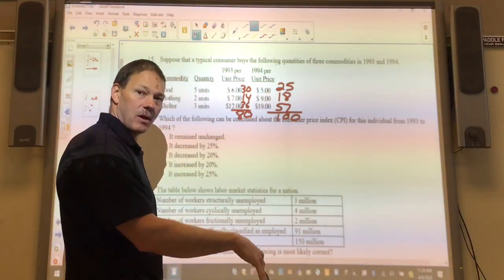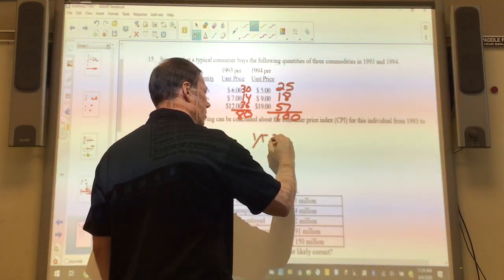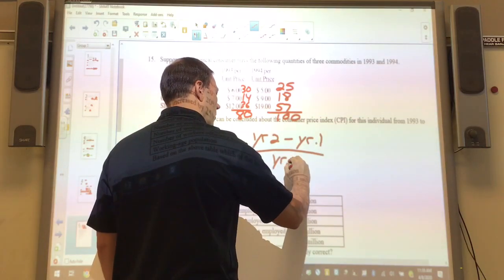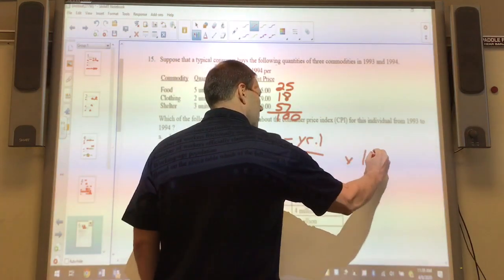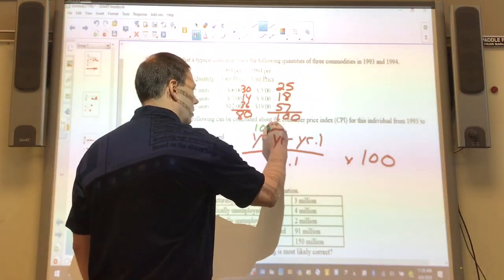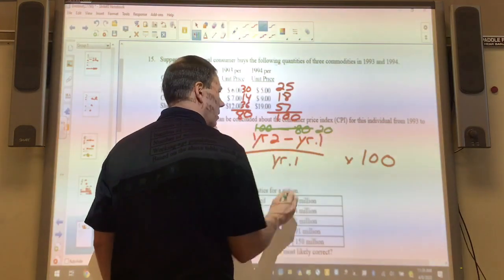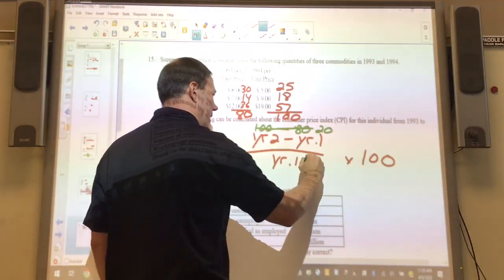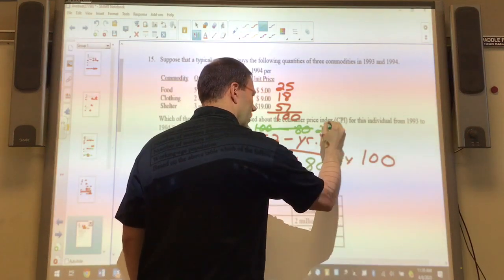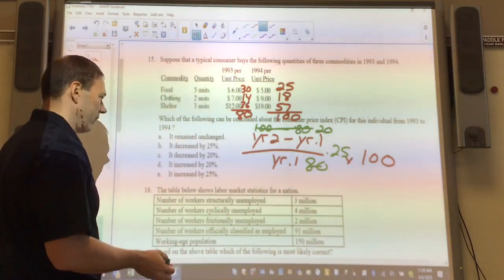Remember, this is the same if they give you the deflator. It's the same if they give you the CPI. Year 2 minus year 1 divided by year 1, and then times 100. So putting these numbers in, 100 minus 80, simplify that to 20, divided by 80. 20 divided by 80 is 0.25, so 0.25 times 100 is 25%, just to get it to that whole number,